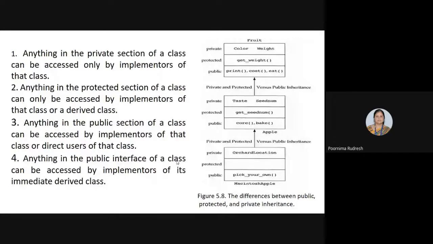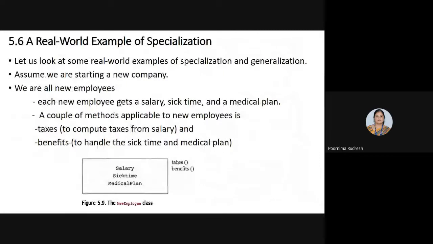Okay, ma'am. Yes. Next, we'll see the real world examples for the specialization relationship. You already studied in inheritance that we have two types of relationship. One is called the generalization relationship, and the second one is the specialization relationship. In this section and the next section, you are going to study real world examples of specialization and generalization. Here you are going to study the example for specialization. Next, you are going to study the examples for generalization.